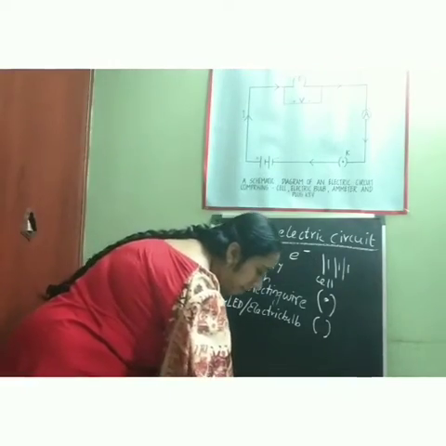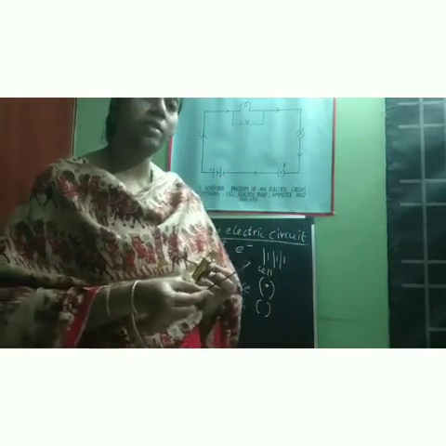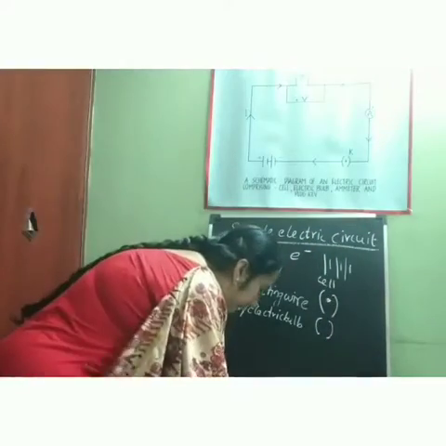I will show you each and every component. See, this is the battery. I have taken a 9-volt battery. This is the electric switch. This is the LED bulb. This is a 3-volt electric LED bulb. And this is the connecting wire or a metallic wire. You know that all connecting wire will be made up of metal. So this is a copper wire or you can also take aluminum wire. So these are the components you need to design a simple electric circuit.